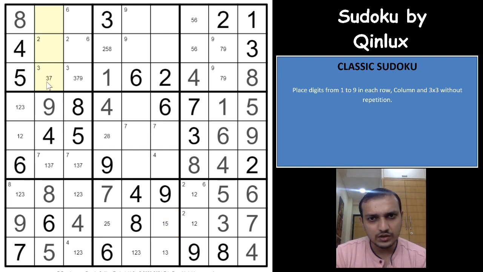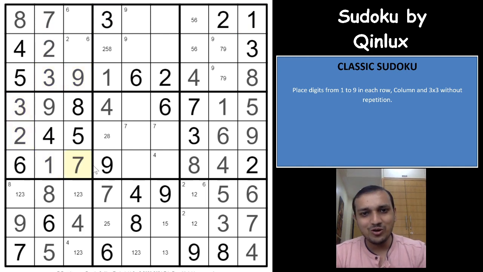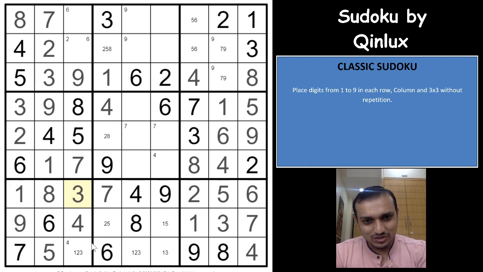One, 2, 3, 7, right? 2 would have to be here. So 1, 3 and 7. 1 and 3 is here. So this would have to be 7. That gives you a 3 here, a 9 here, a 1 here, a 2 here, a 3 here. Wow, guys. Wow. Excellent piece of logic. 2, 1, 3, 2, 1 and 3.